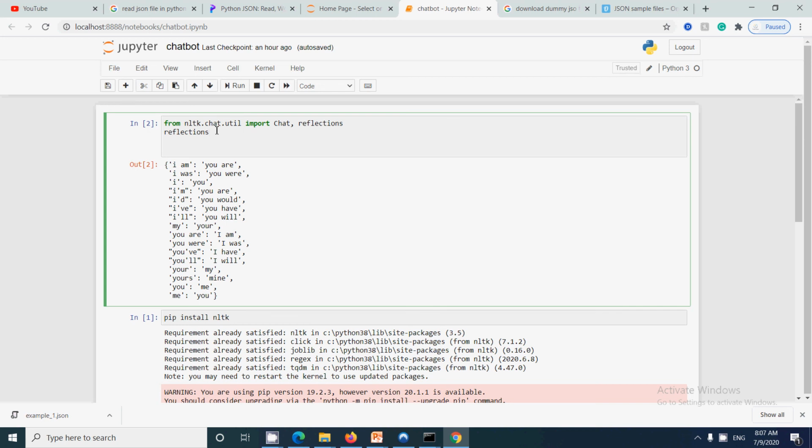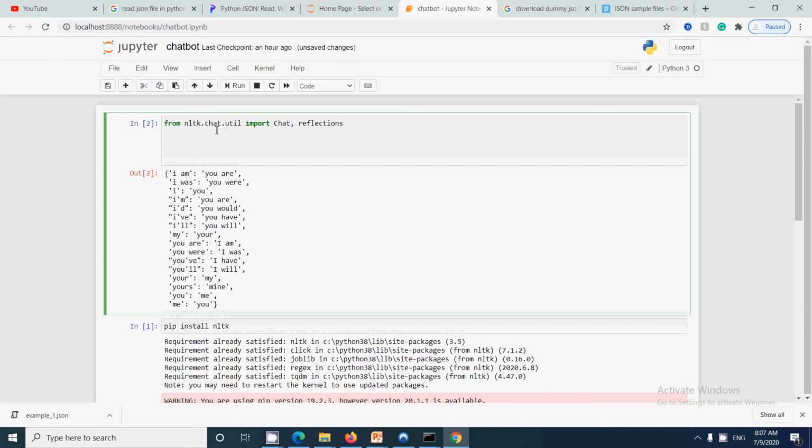Then the second thing is we are just talking about a simple concept, how you can create a simple chatbot. For that we need to have some rules, based upon which the chatbot will function. So we will be defining the rules. Again, these are static rules, and we can add some machine learning also, so that this chatbot learns. Right now the machine learning part will not be there, it will be simply the rules that we define, and based upon that the chatbot will function. So for defining rules, we will be defining some pairs.